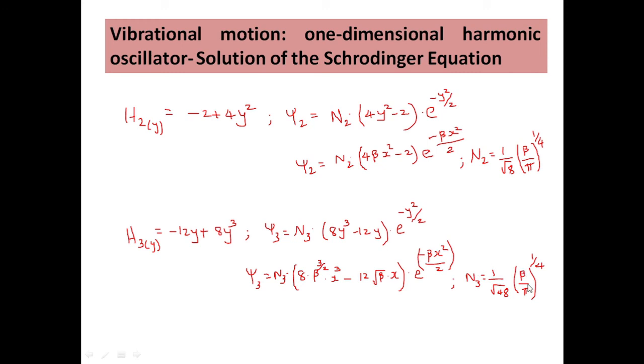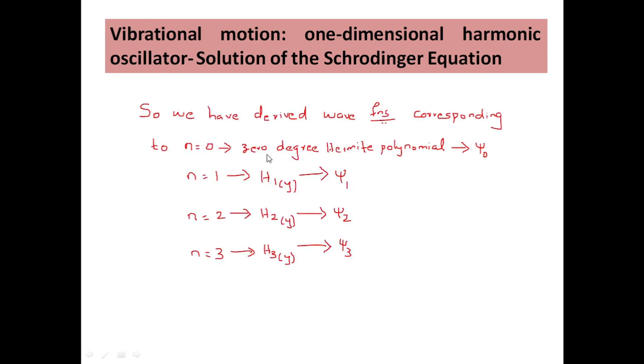Its normalization constant N3 is equal to 1 by root of 48 into beta by pi the whole raised to 1 by 4. So far we have derived the SHO 1D wave equation and also the solution of